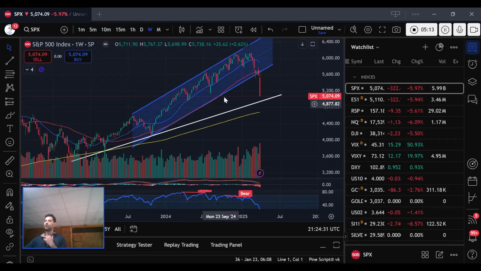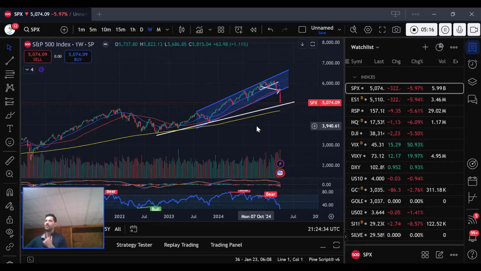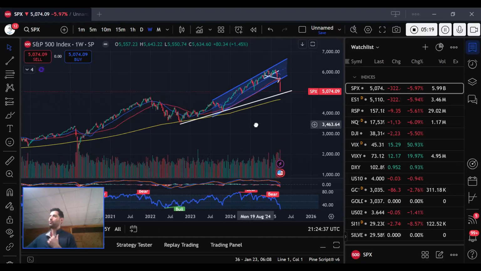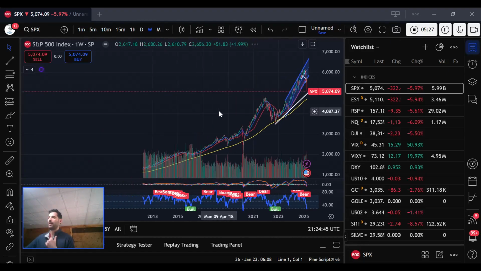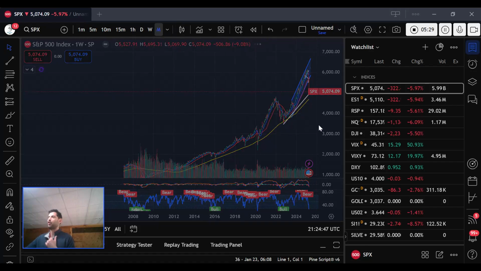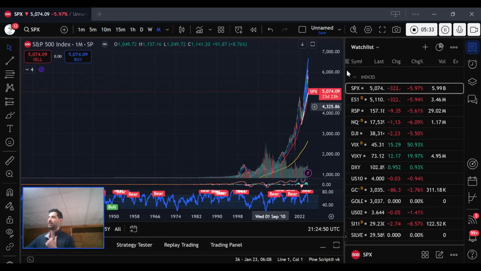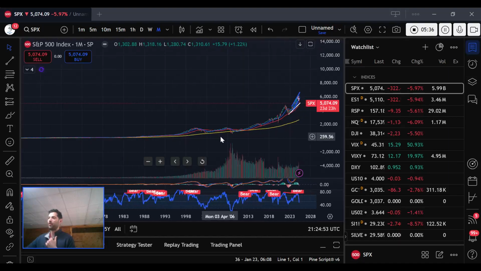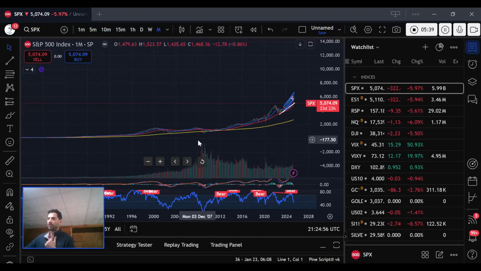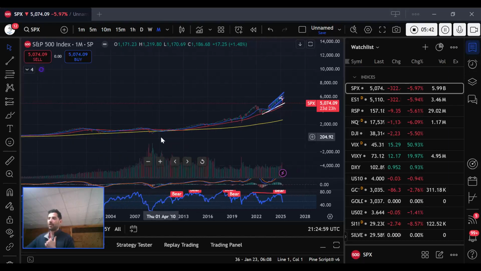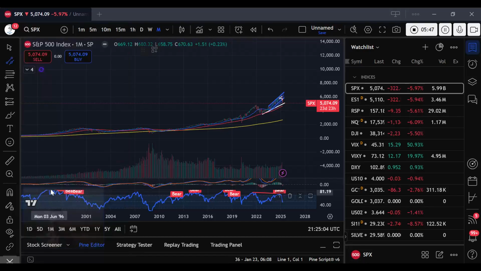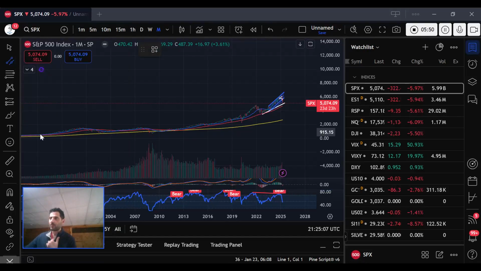So I showed you this chart in the last video and a few videos, but I want to change something up here. I've got this parallel from 23. I want to make a different parallel. If you watched one of my earliest videos, like basically the first or second video, I made a video talking about the SPX, and I believe I made a parallel channel from here just about.